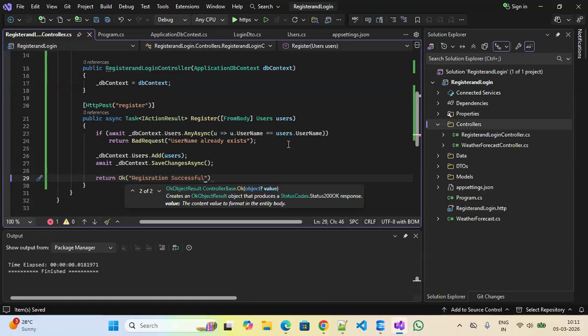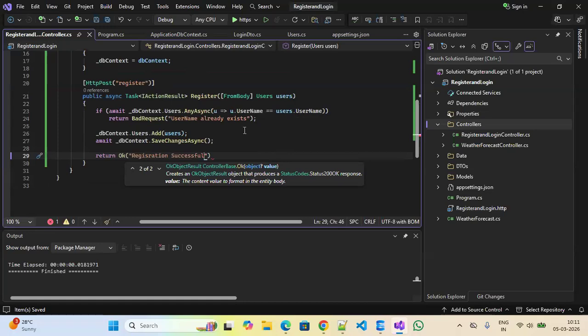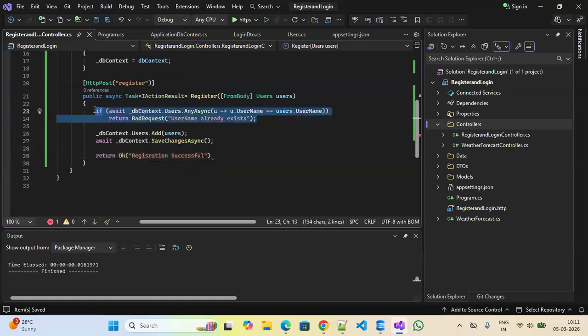It first checks if the username already exists or not. If the user is new, it is saved into the database. Finally, the API returns a success message. This allows new users to create accounts easily. The one more thing is, first find the